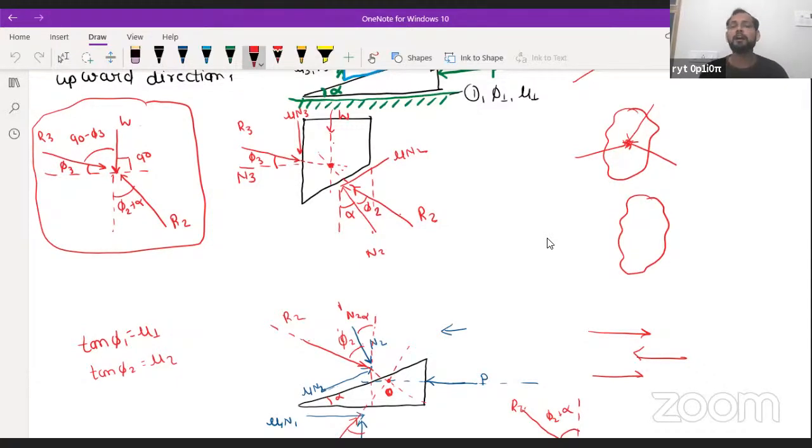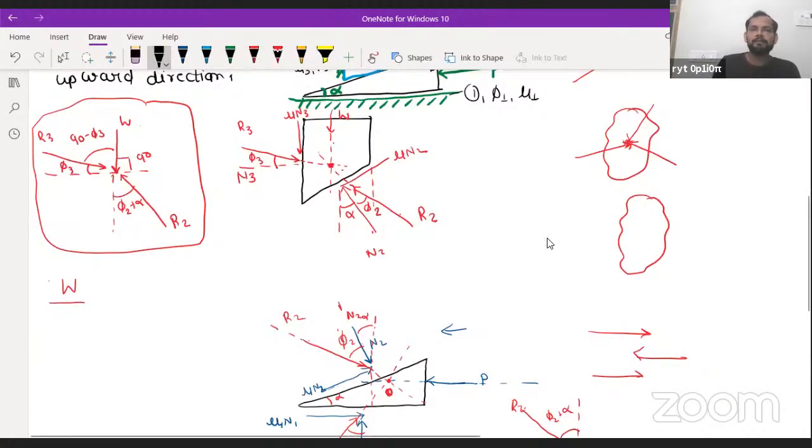How can you calculate? With the concept of Lami's theorem, or you can use the concept of equilibrium. For those who are not familiar with Lami's theorem, I am writing the expression here. W divided by sine of the angle between these two forces. So these two forces: sine of 90 plus phi 3 plus alpha plus phi 2. Is it okay? Any doubt? Now, when we are considering R2,